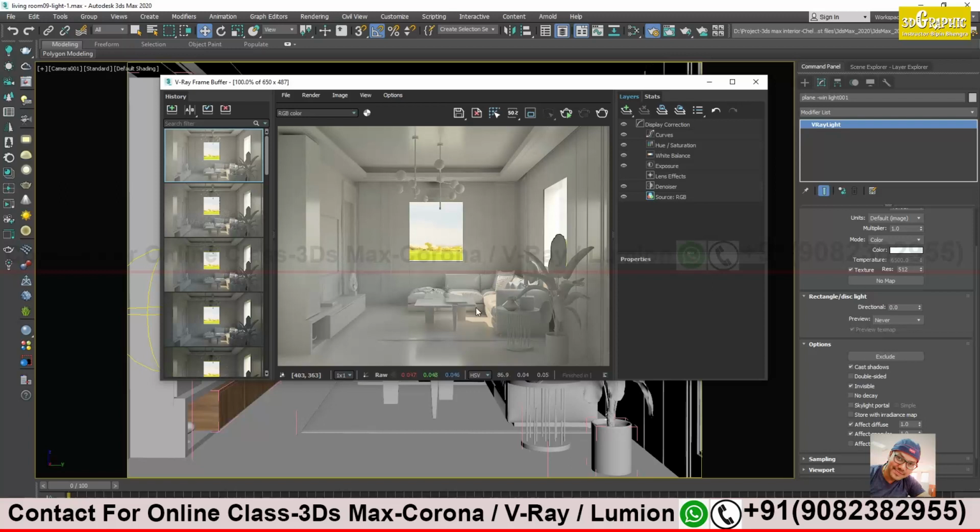Try to get this kind of result, and then we will try with the texture enabled. Try yourself.